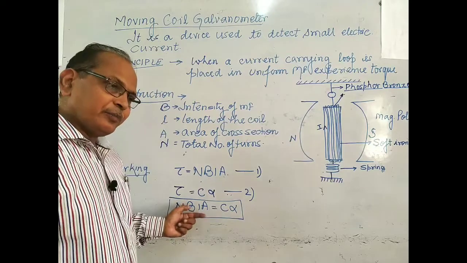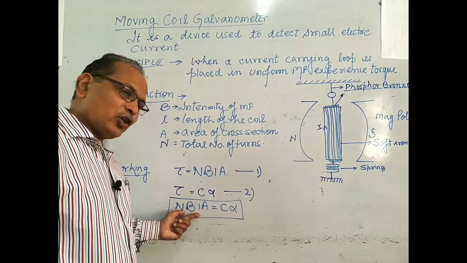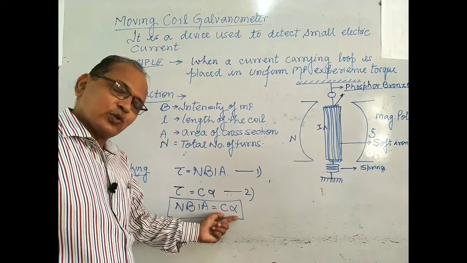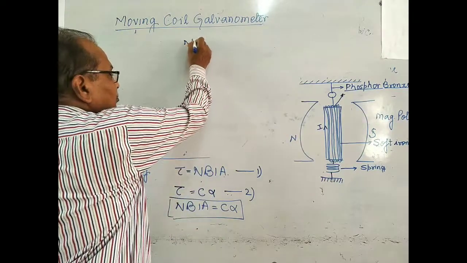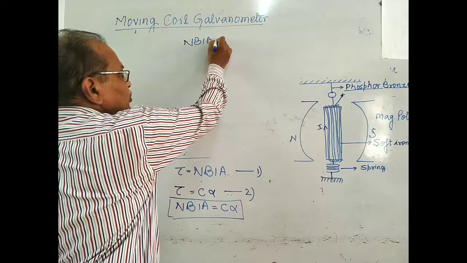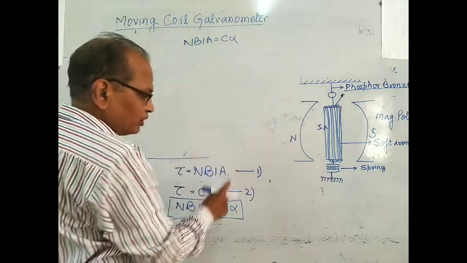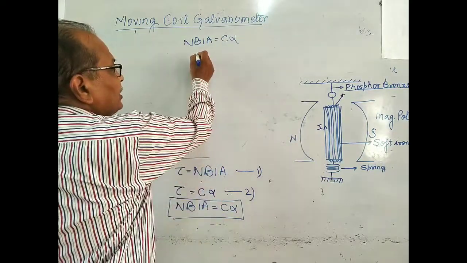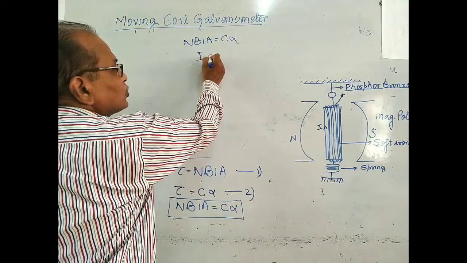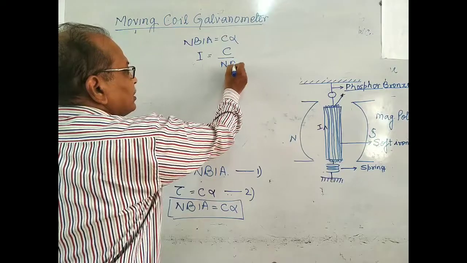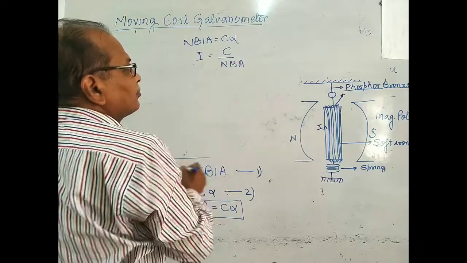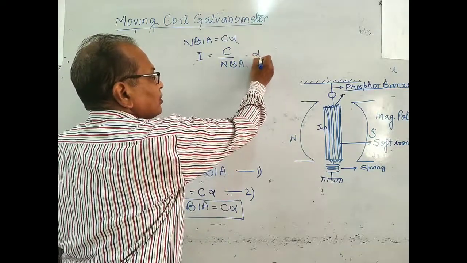This is the condition: the deflecting torque will be equal to the restoring torque. Hence, NBIA is equal to C alpha, which you already studied. I is equal to C upon NBA into alpha. Now C